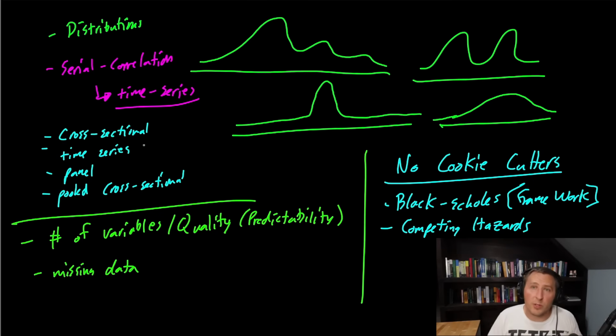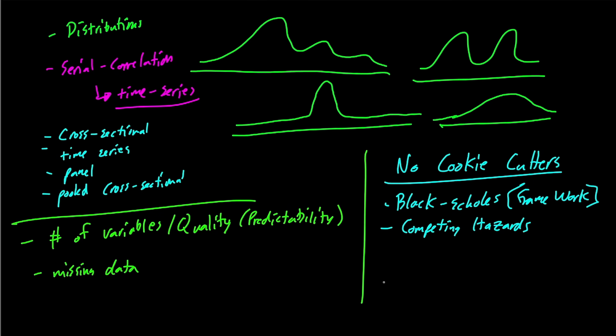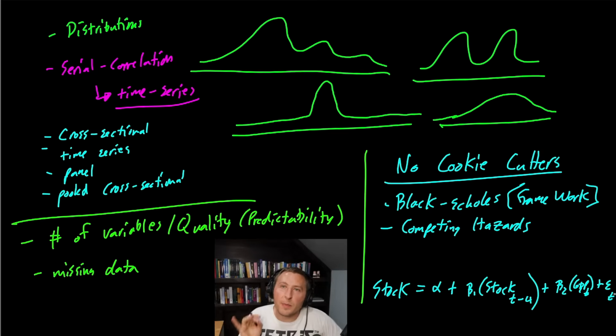And even if we fit some sort of SARIMAX model, let's just say we have some sort of stock, and this is going to be equal to alpha plus, let's say, beta 1 times stock at t minus 4. So this is like an autoregressive term. And let's just say we do beta 2 times GDP at time t, and then epsilon, the error term. This might change over time because the relationships are going to be somewhat fluxing, changing, and moving. Behaviors are going to change, and let's just imagine that this stock is some sort of tech stock here.